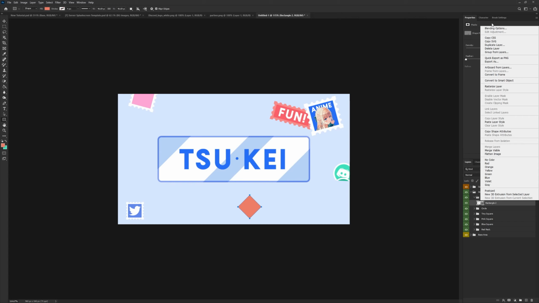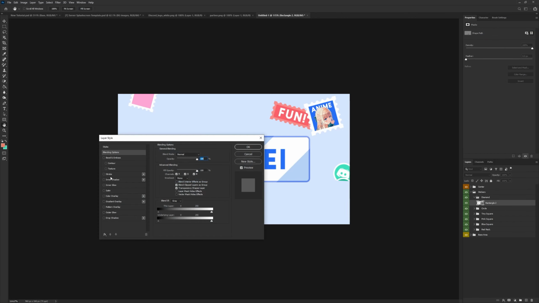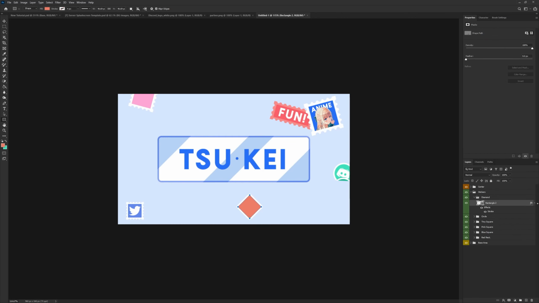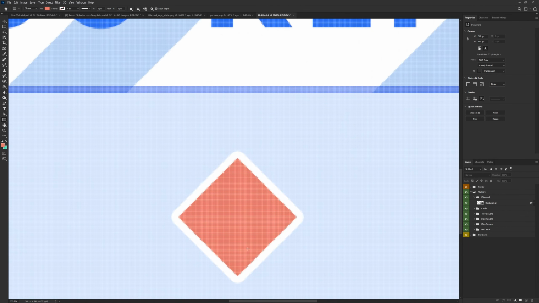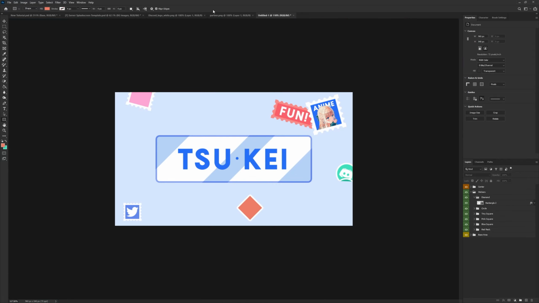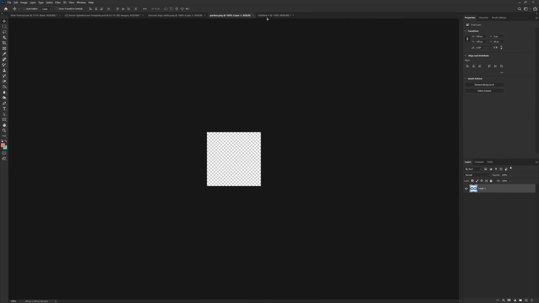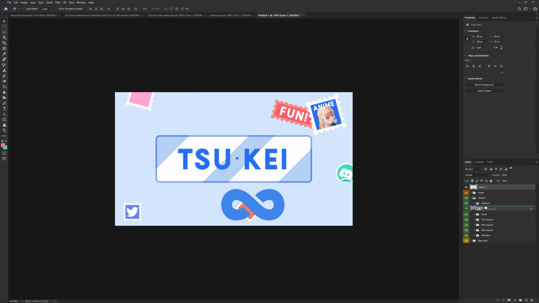Same thing, blending options, go into stroke, 6 pixels. And I suppose you could do that same little curve at the ends here if you wanted to, maybe curve the bottom or the edges. I won't bother with that. I'll let you play around with it if you want. Drag in our icon,